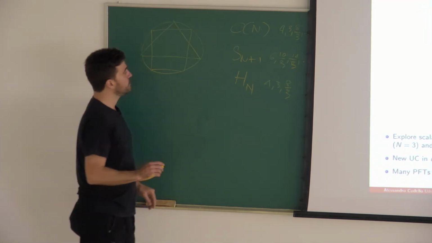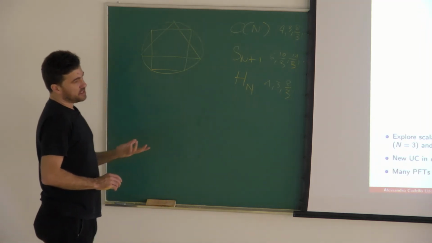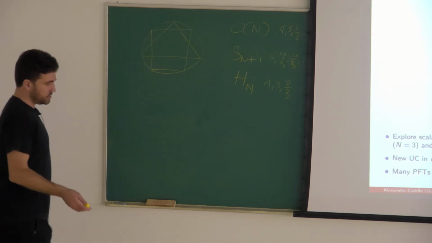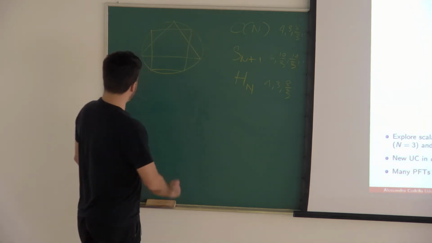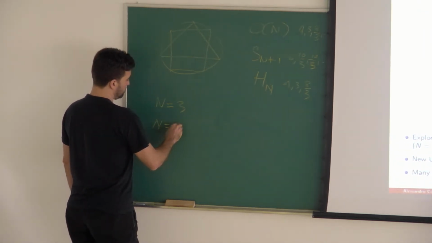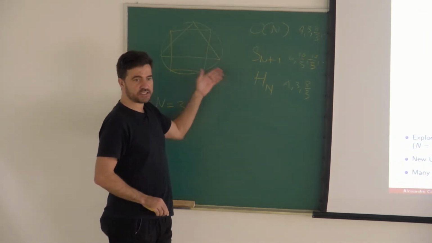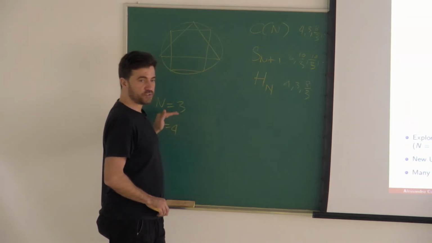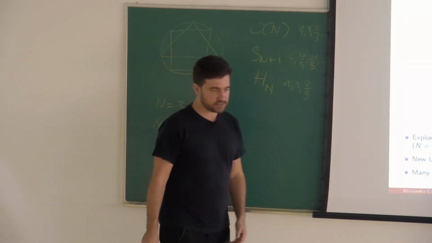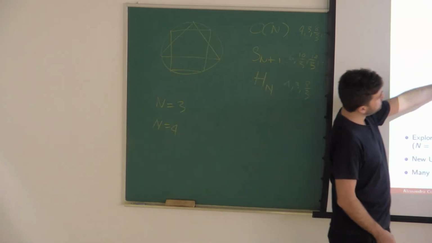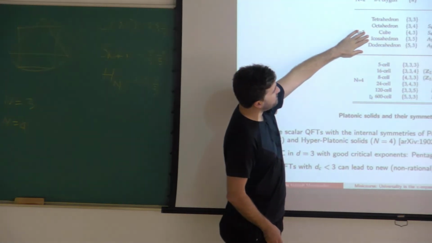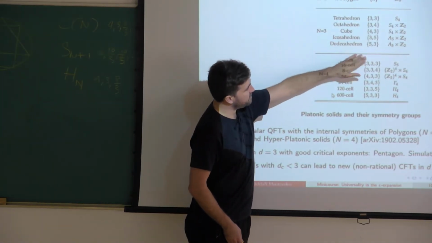Okay. But then there is something interesting in the mathematics of regular objects, and what is interesting is that n equal 3 and n equal 4 are special because they have some additional symmetrical structures which are special to these two dimensions. And in n equal 3, they are the famous Platonic solids. And in particular, there is one special structure, which is the one that characterizes the symmetry of the icosahedron or